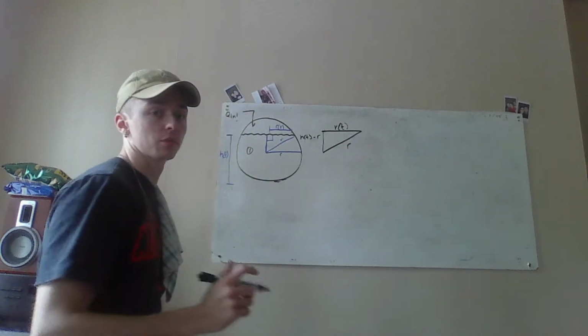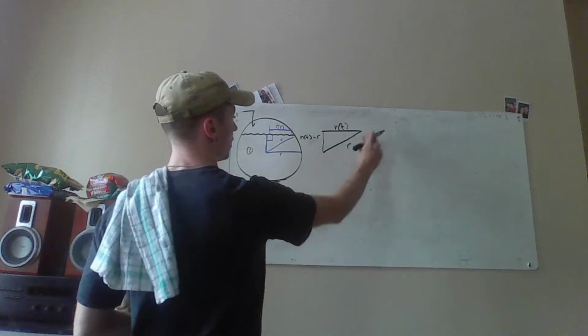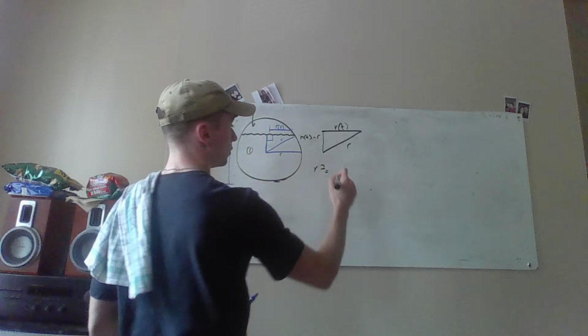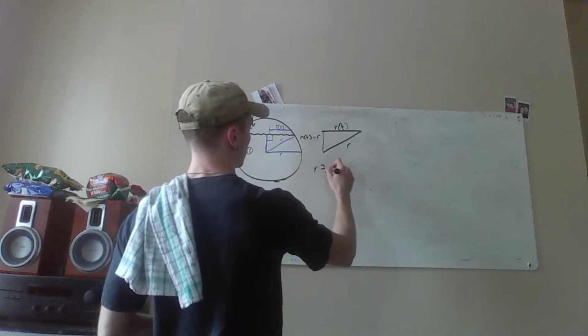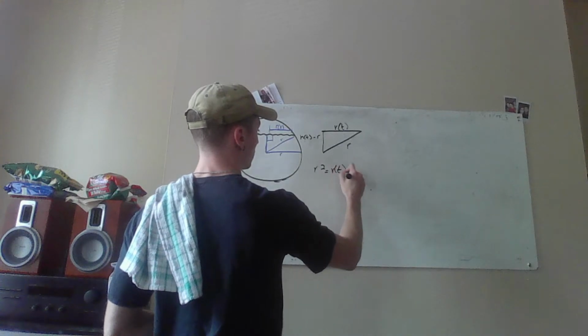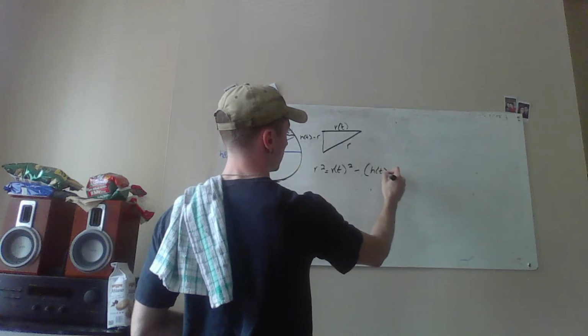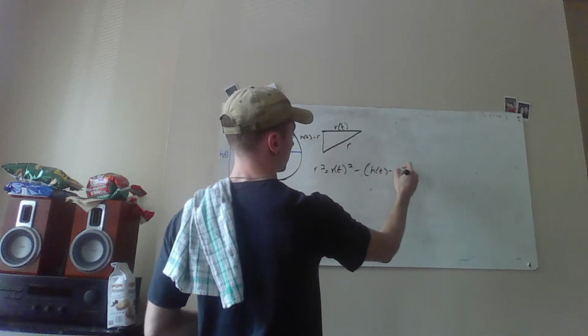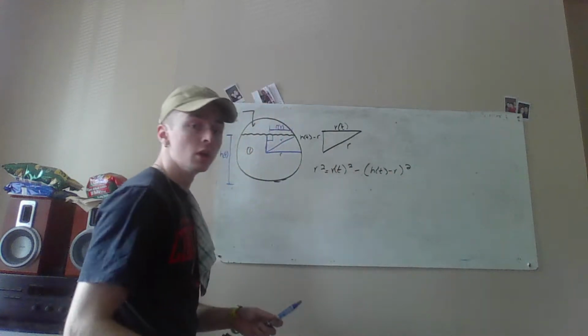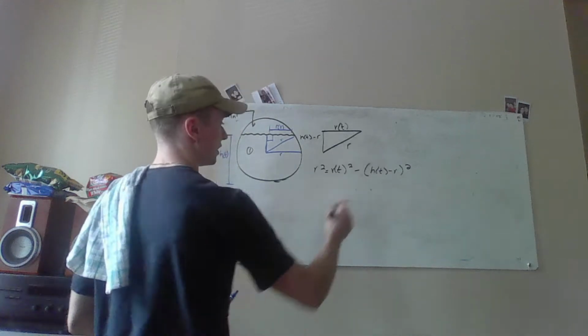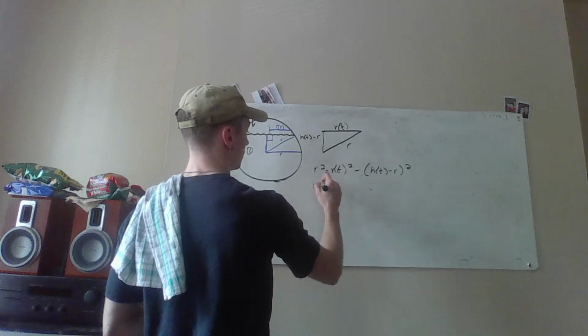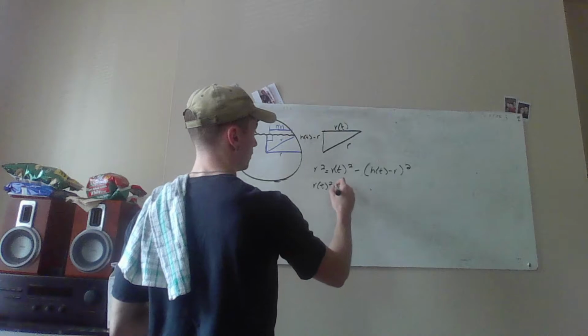And so we're going to say, using the Pythagorean theorem, that r squared is equal to the radius dependent on time squared minus the height of the fluid at a specific time minus r, squared. And then rearranging, we're going to say that the radius dependent on time squared is equal to